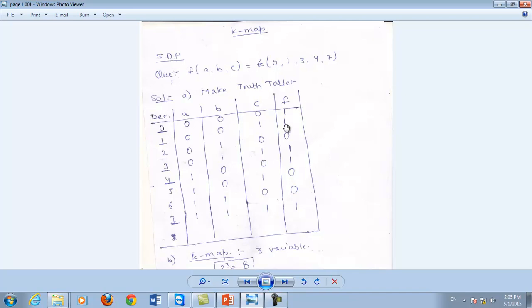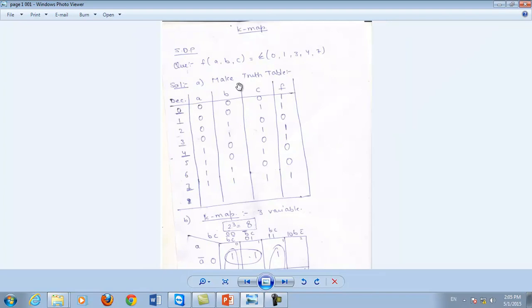Now if we talk about the sum of product, then the stepwise creation of K-map is, firstly you have to make the truth table. There are a total of 3 variables. 3 variables means you have to take a total of 8 combinations, because 2 raised to power 3 is equal to 8. It means you have to take 8 different combinations to make the truth table. You can take them by taking four 0s, four 1s, then two 0s, two 1s, two 0s, two 1s, and then 1 0, 1 1, 1 0, 1 1 and so on.